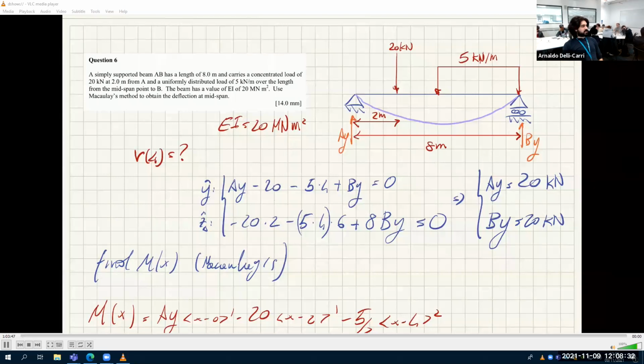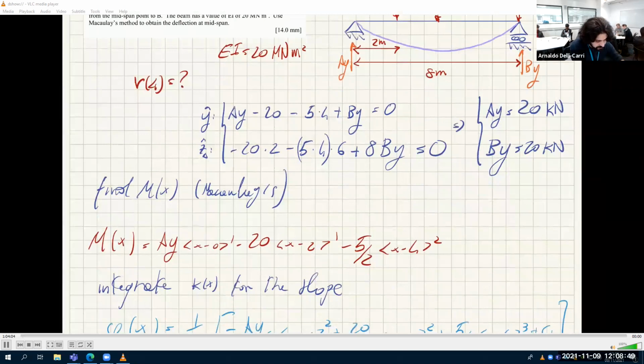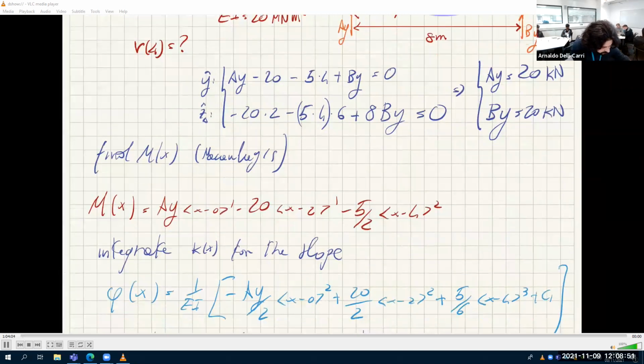So what do you know about the slopes? Nothing. There is some slope here and some slope here. So I can't tell anything about the slope. But I know that there is no deflection here and no deflection here. So I say that V of 0 is 0. So the compatibility equations